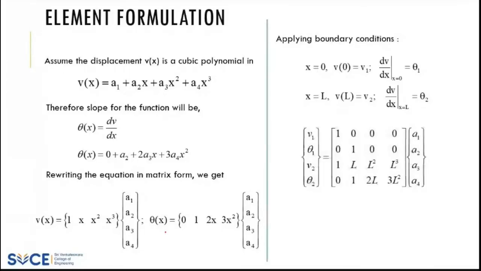We consider this, and based on that we will achieve this. We already have our displacements here. Just substitute the values accordingly, and you will get this particular formula. Our aim is to identify a1, a2, a3, a4. Let me identify that. If I consider the first two equations, you can see this. If I multiply, v1 is a1, that's it, and the other terms are 0. Then we have theta 1 equals a2.